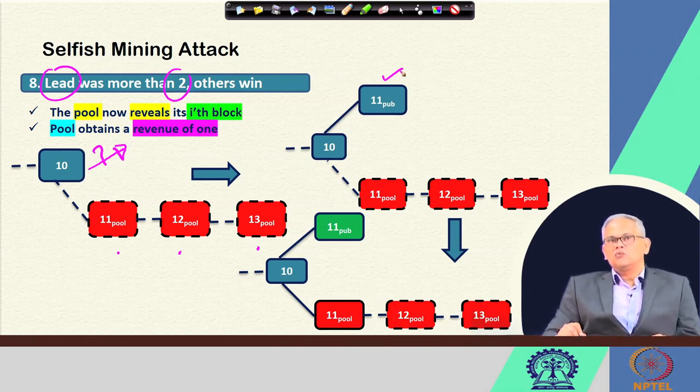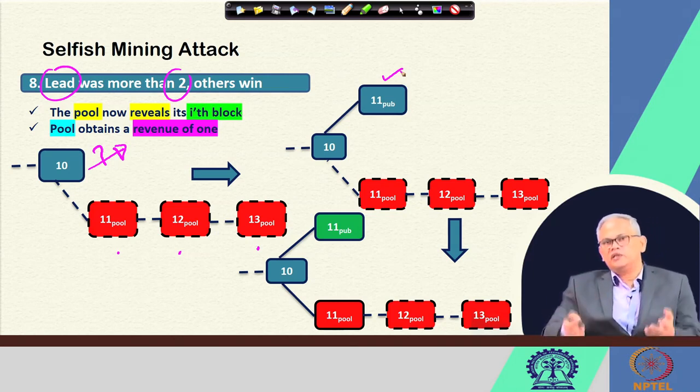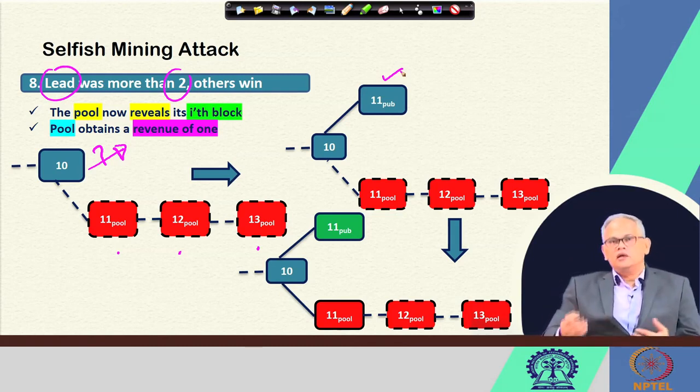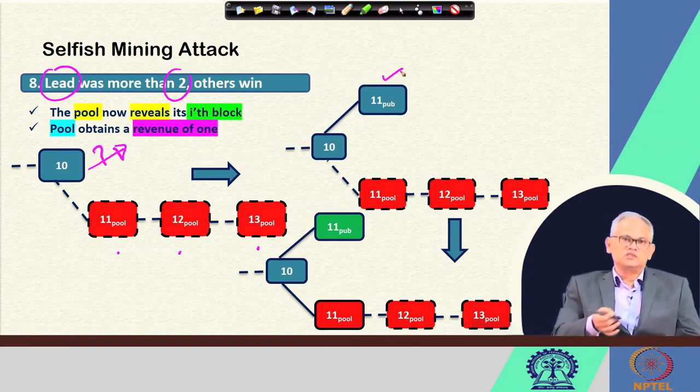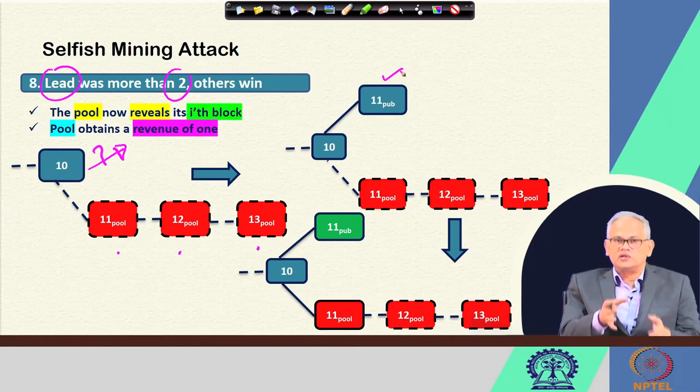As soon as it is done, the attacker does not reveal all its blocks. What the attacker is trying to do is frustrate the others who are trying to mine something, spend their resources, their money, computing power, electricity and all, and then even after they got 1 or 2, they finally see that they are ending up being losers and that one particular pool is always winning. So the attacker is trying to frustrate them and ensure that more and more people from those groups actually join its own group.